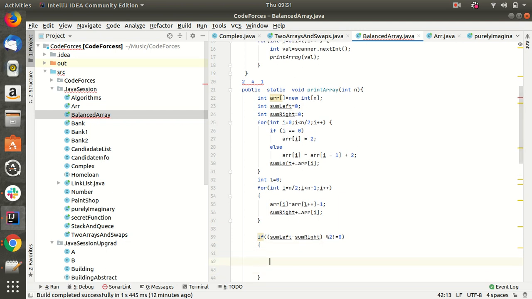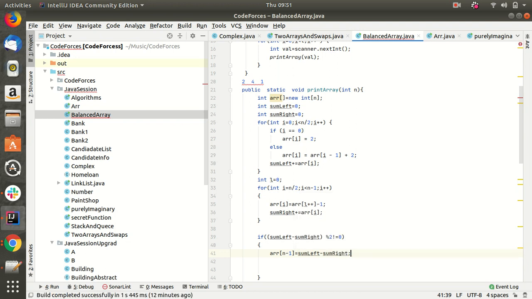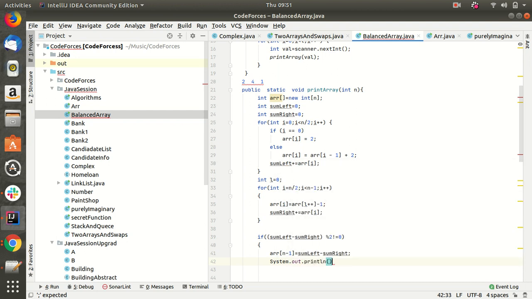So array of n minus 1 will be equal to sumLeft minus sumRight. We'll print System.out.println yes, and then we'll print out the array.